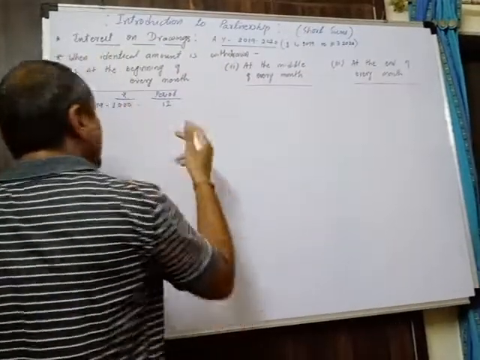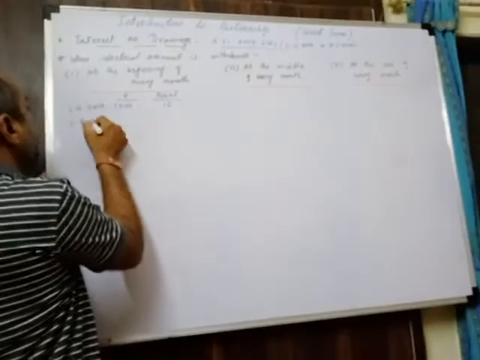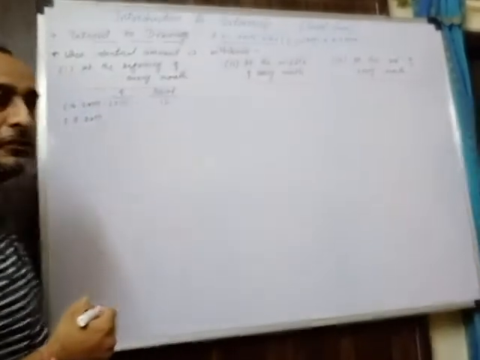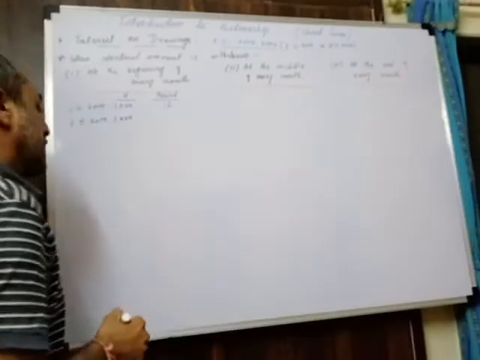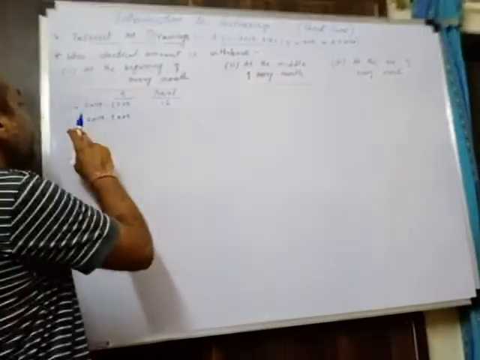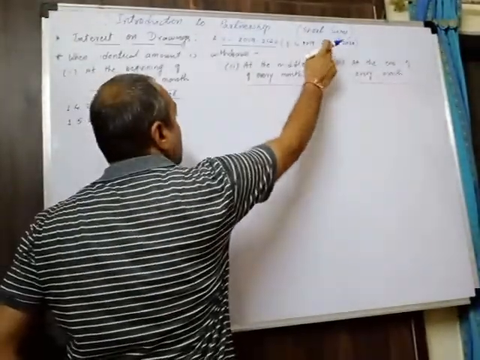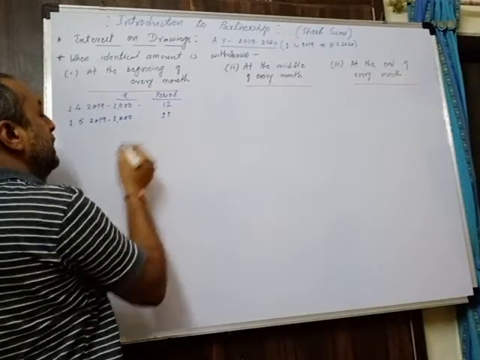In the same way, every month he is withdrawing 1000. So the next drawing he is going to make is at the beginning of the next month, that is on 1st May 2019. On this date also he is withdrawing the same amount. How much? 1000 only. But on this drawing he has to pay interest for which period? It is from 1/5/19 to 31/3/2020, which is for 11 months.